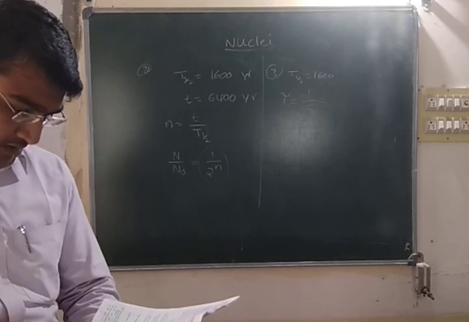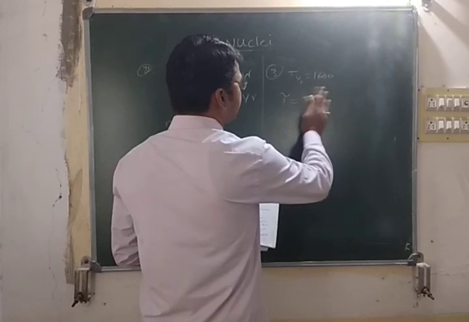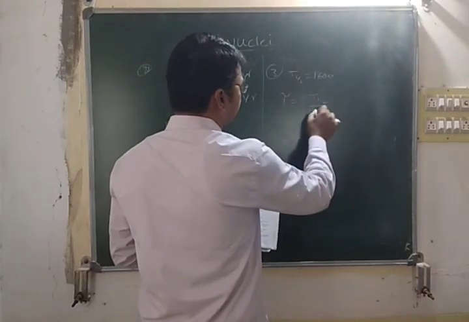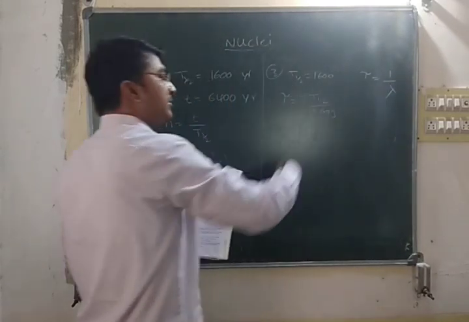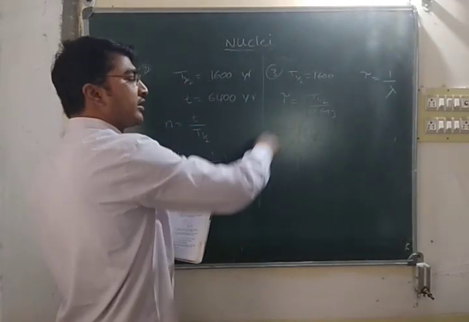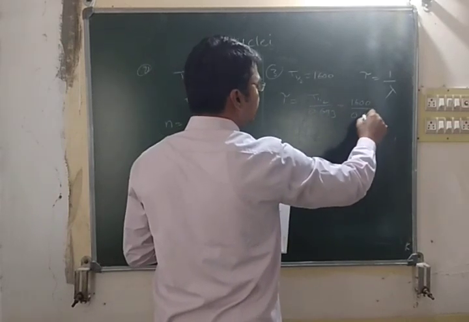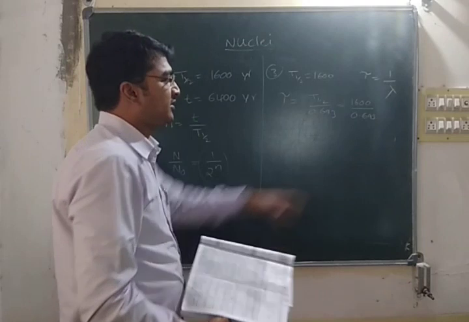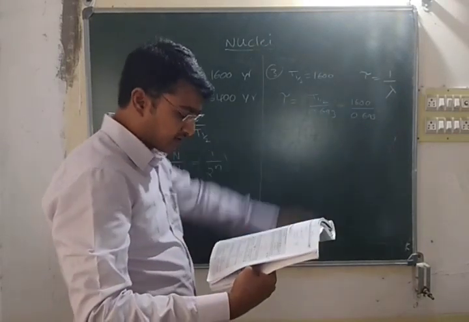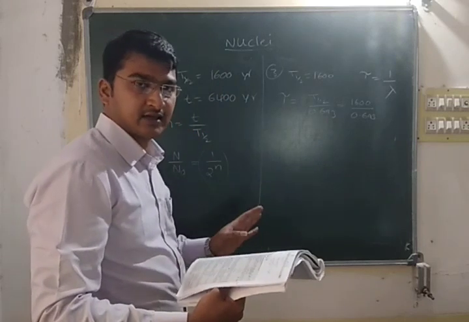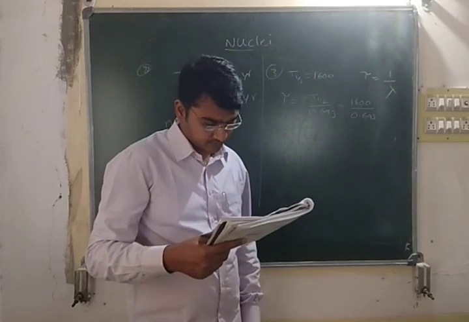So you can go like this: T of divided by 0.693, because average lifetime is equal to 1 by lambda, right? So 1 by lambda, from the half lifetime formula you can do it. So this is 1600 divided by 0.69, the approximate value you can find now. 0.69 means what? You can take 0.7. So you will get option C, 2319 years, approximately, not exactly. So the exact decimal will come.